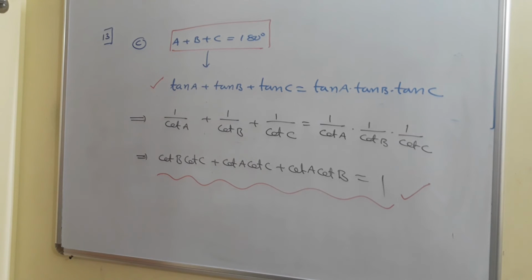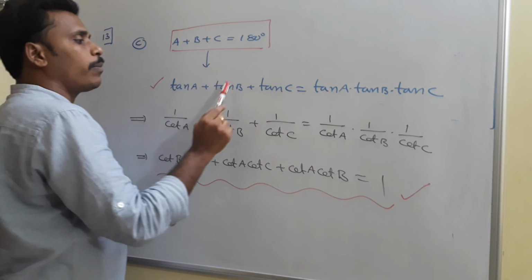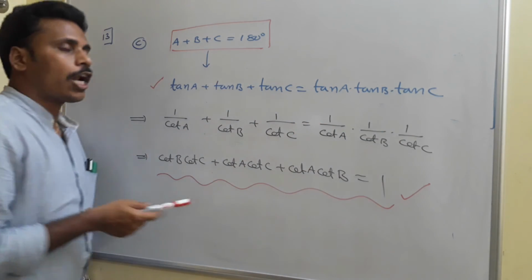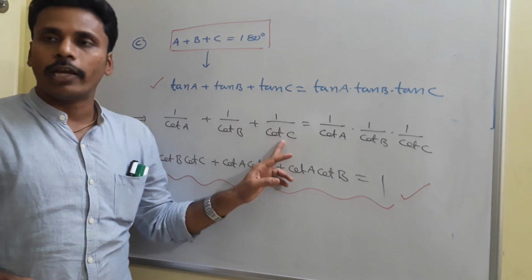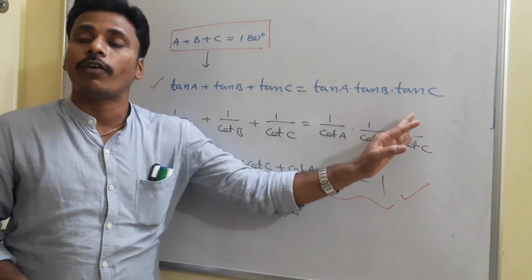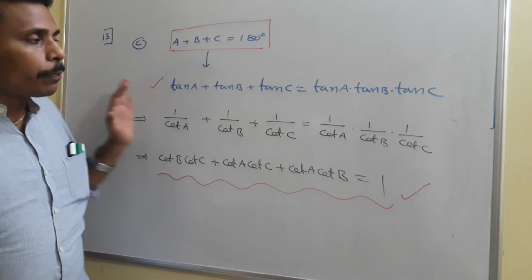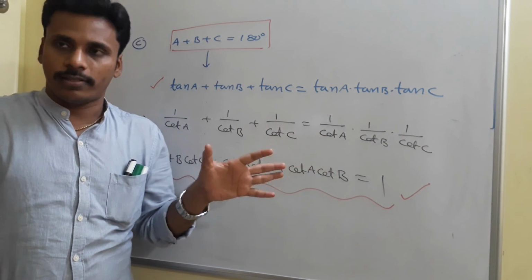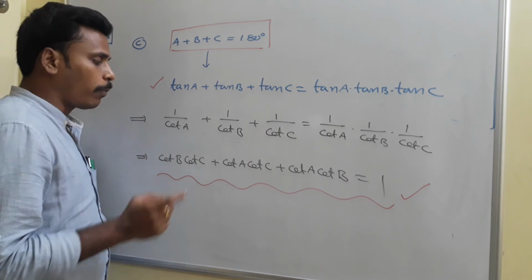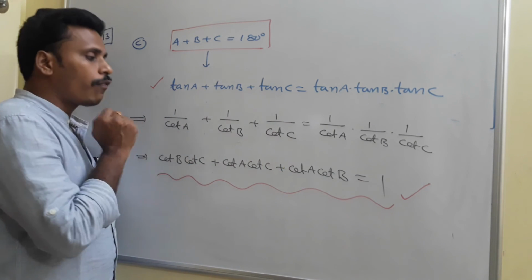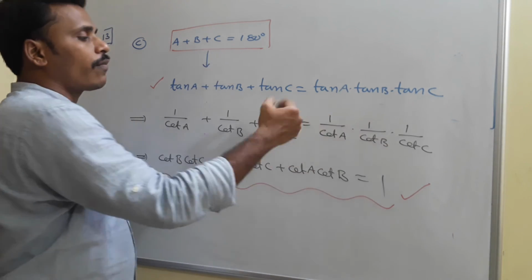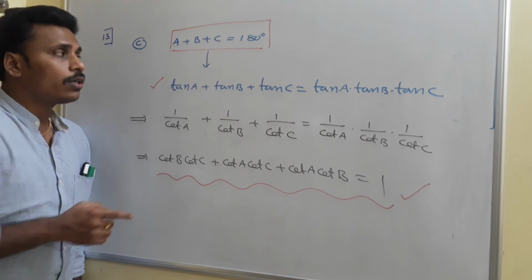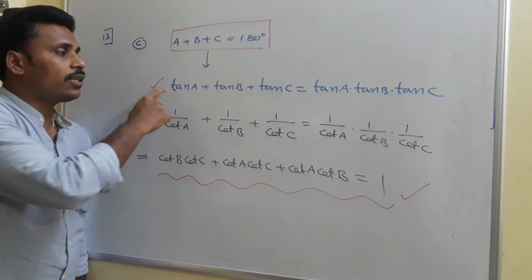From 13B we have that A plus B plus C is equal to 180, and if A plus B plus C is 180, tan A plus tan B plus tan C is this product. And now rewrite everything, that tan in terms of cot: 1 by cot A, 1 by cot B, 1 by cot C. Here 1 by cot A, 1 by cot B, 1 by cot C product. See, now multiply everything with the product cot A, cot B, cot C. With that product of three terms, if you multiply, here cot A will get cancelled. You are left with cot B, cot C. Here cot A, cot C, cot A, cot B, and there this denominator will get cancelled. You are left with 1.